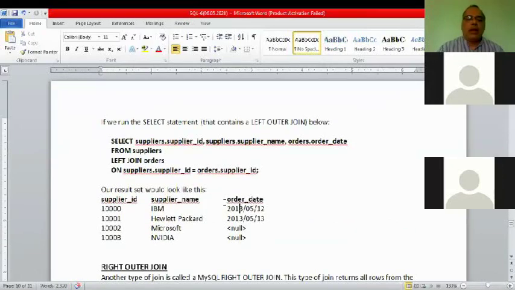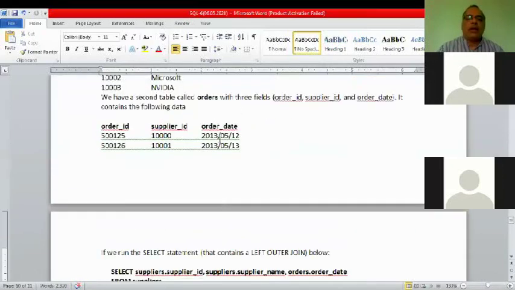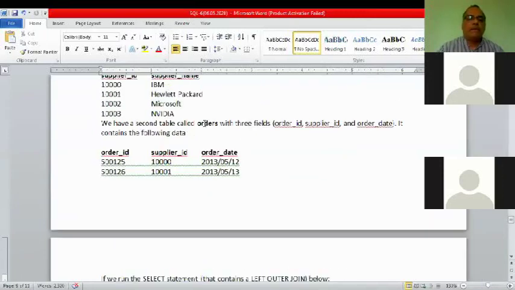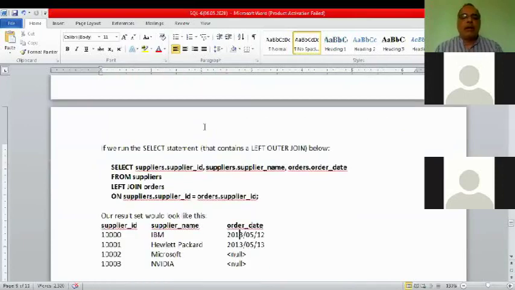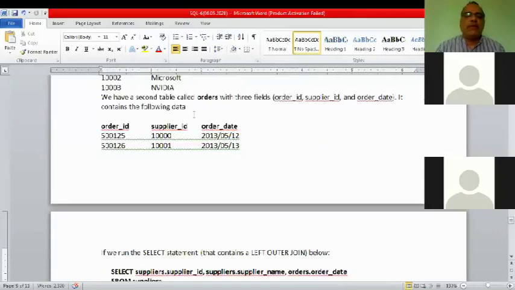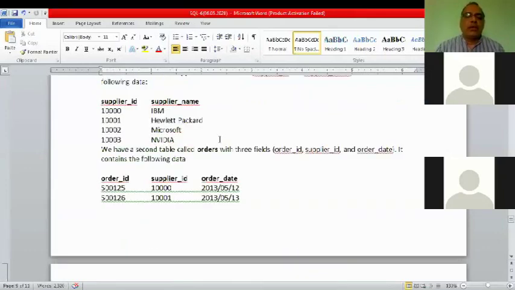And order date. See, order date. There are two order dates of orders table. What we did in the command, orders dot order date. So we had taken only the order date from orders table, and there are only two values, two records. We are focusing on records especially. So here are 4 records. Here are only 2 records of that specific field.